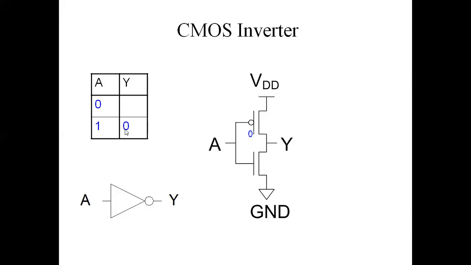For the next condition, for input equal to 0, the PMOS is on and the NMOS is off. So here the output is connected to the VDD because the MOSFETs are acting just as switches passing the levels. So output is connected to the VDD, that means the logic 1. So here for the input 1 we are getting output 0, and for the input 0 we are getting the output 1. Hence the CMOS is acting as an inverter in this case.